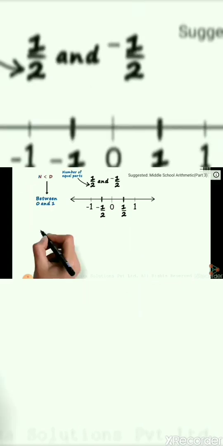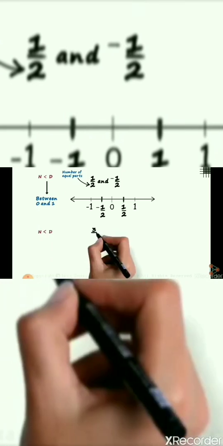Let us look at another example where the numerator is less than the denominator. We have to plot 3 by 4 and -3 by 4. Let us plot 3 by 4 first. Since the numerator is less than the denominator, we know that the number will be between 0 and 1. So we draw the number line like this, with just 0 and 1 plotted. Remember, the denominator tells us the number of equal parts. Since the denominator is 4, we divide the length between 0 and 1 into 4 equal parts. Drawing these 3 lines gives us 4 equal parts.